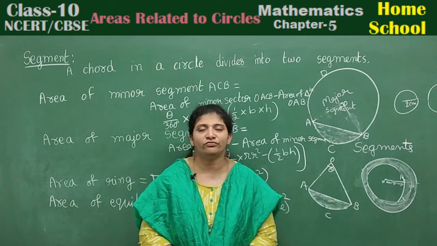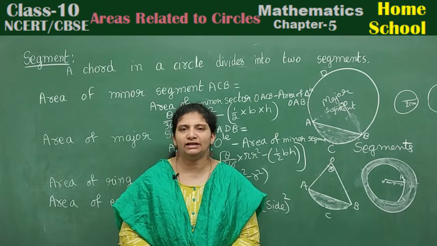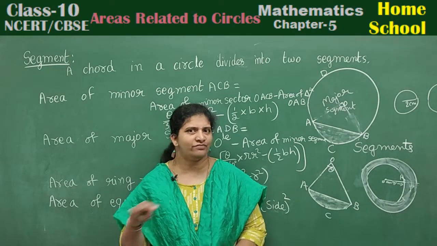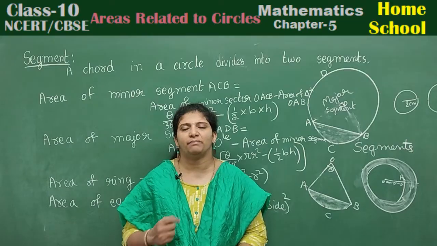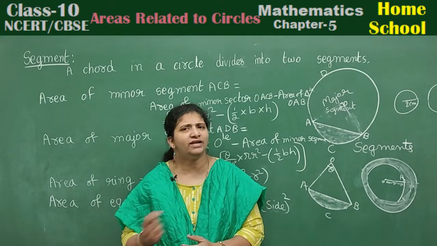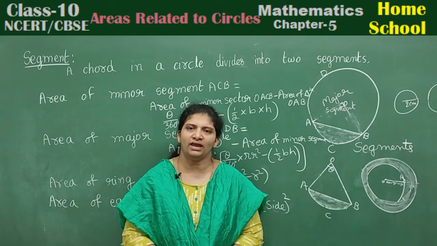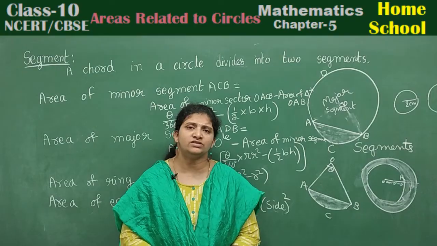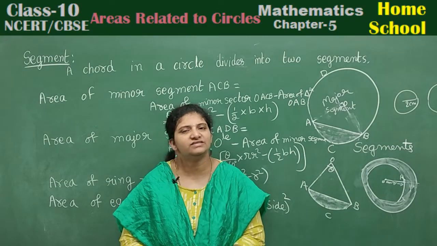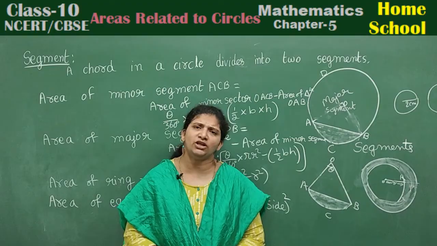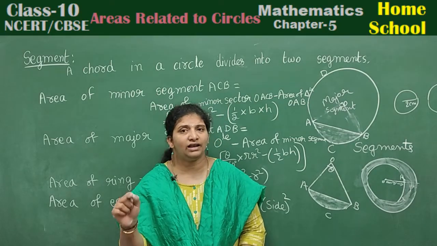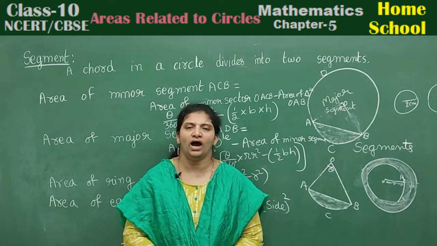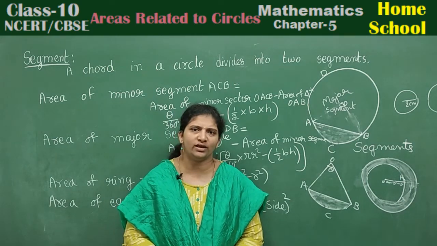Okay, let's have a recap of the full session today. Circle, area of a circle is pi r square. Area of semicircle, half of the circle, right? Pi r square by 2. Area of quadrant of a circle, pi r square by 4. Circumference of a circle, 2 pi r. Circumference of semicircle, that is just pi r. And perimeter of a semicircle, arc length plus diameter, that is pi r plus 2r. Diameter or 2 times radius, you can remember.